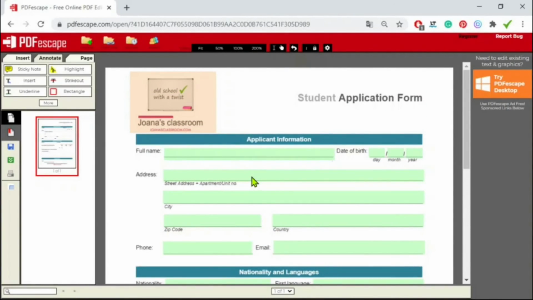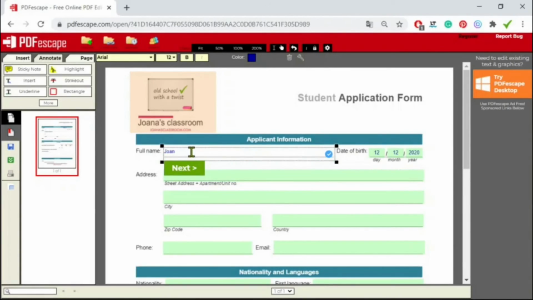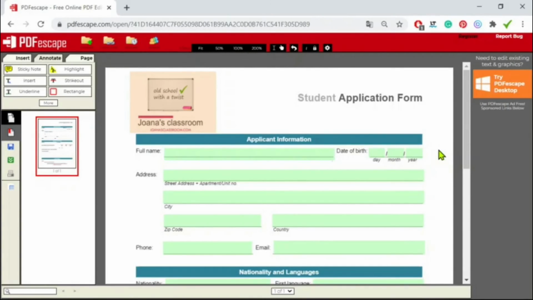This will guide those who are completing the file through all the fillable fields, and hopefully this will prevent some fields from being left blank. Let me show what this does. So I'm here, I'm going to type my name, and as you can see, I have the next button showing here. So I'm going to hit next, and now I'm being guided to the next field and so on, so that I don't forget anything. Well, this is what it does. I'm going to delete this for now because I want to save my file in a bit.